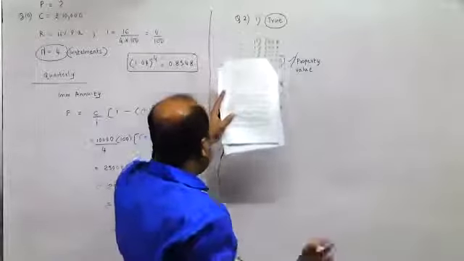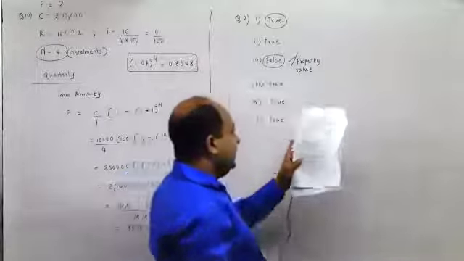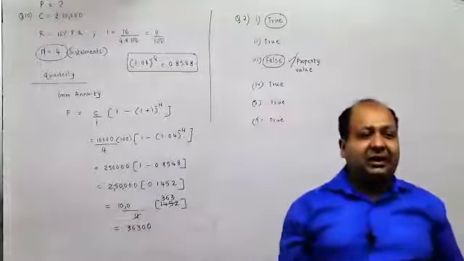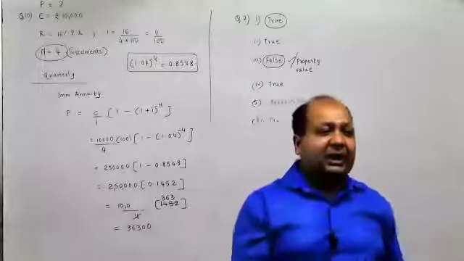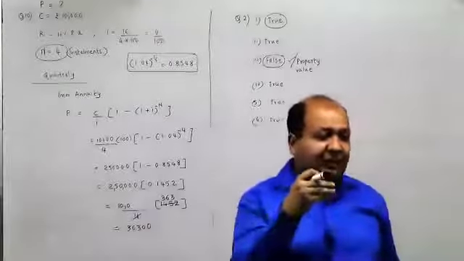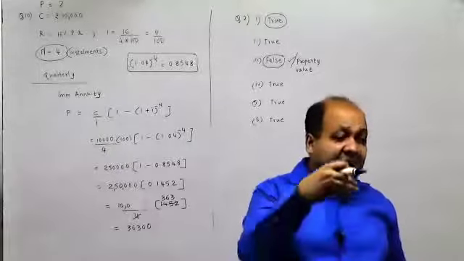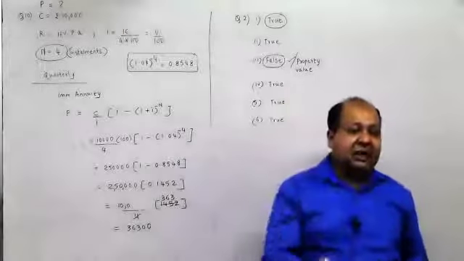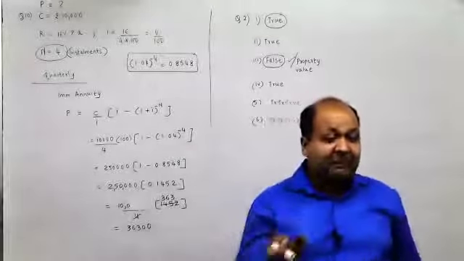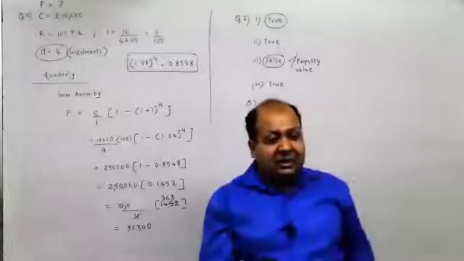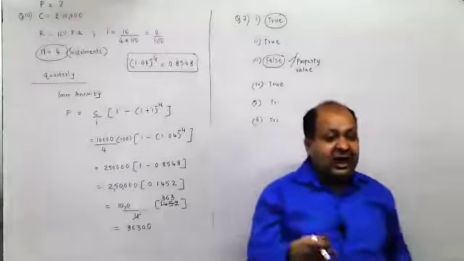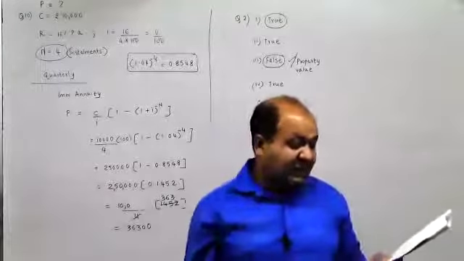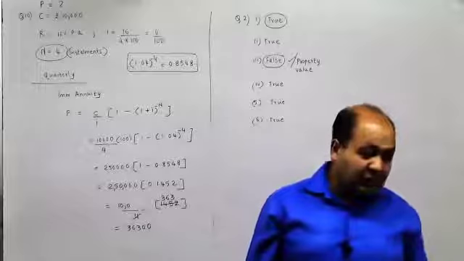The annuity contingent begins and ends on certain fixed dates. Yes. What is annuity contingent? If I want to get my daughter married, then I'll start paying premiums till she attains a particular age, and at that particular age I should get that money back. Or else if I'm paying LIC policies till my child becomes a graduate, then also, so it begins and ends on a certain fixed date. Is it true? No, sir. False.